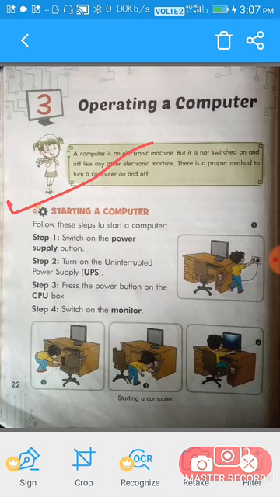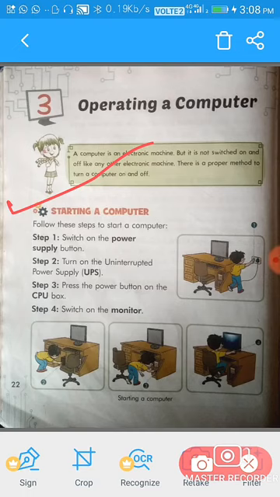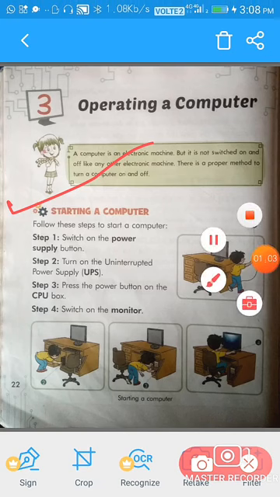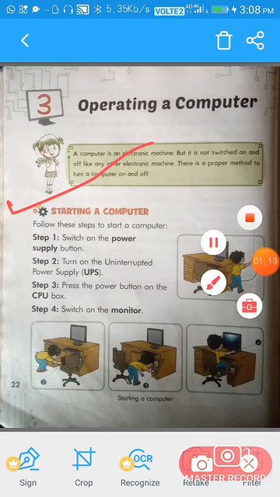Step 3, press the power button on the CPU box. Fourth step is switch on the monitor.